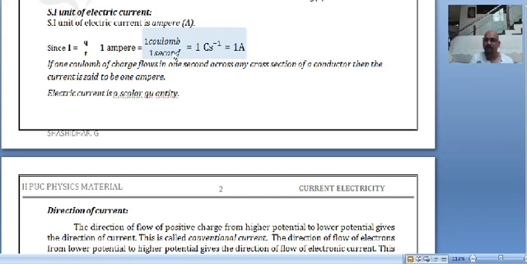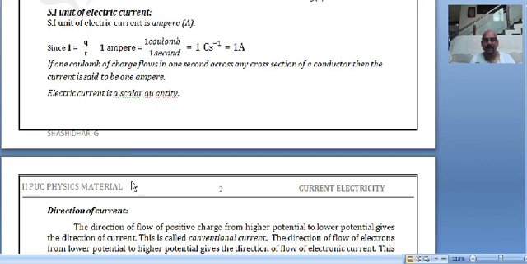It doesn't follow the rules of vector algebra. For example, if you have a wire carrying current, and the current is say 1 ampere, now if you bend the wire, still the current flowing will be 1 ampere only, and the current flows through the wire. Whatever the shape of the wire is, it doesn't matter. So for vectors, those things will not be digested. Therefore it is not a vector, it is just a scalar quantity.